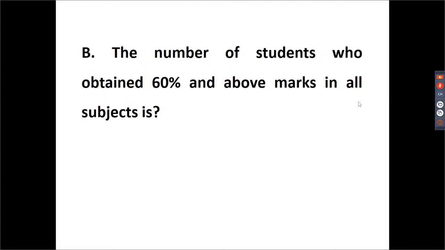I will give the data to you, don't worry, ma. The number of students who obtained 60% and above marks in all the subjects is